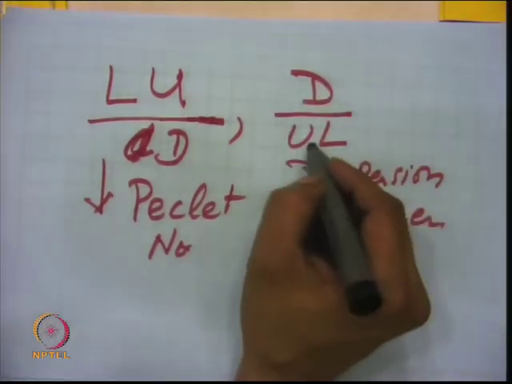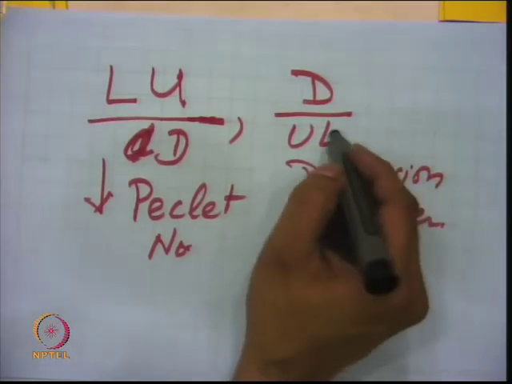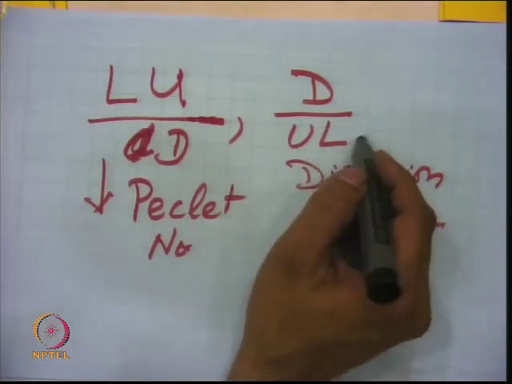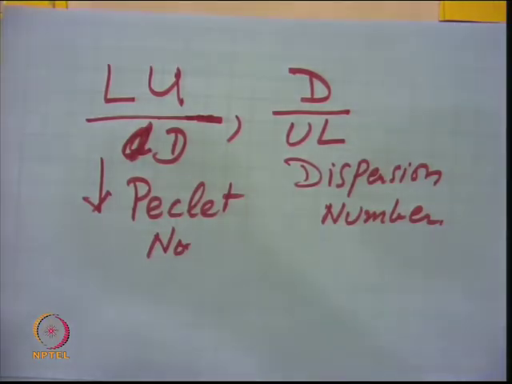So, u is the superficial velocity, L is the height of the catalyst bed, and D is the dispersion coefficient, like a diffusion coefficient. Basically it is not a molecular diffusion coefficient, but it is because of the flow condition, just as I said, axial dispersion, radial dispersion, but the unit is similar to centimeter square per second, and this can be determined from your RTD study.